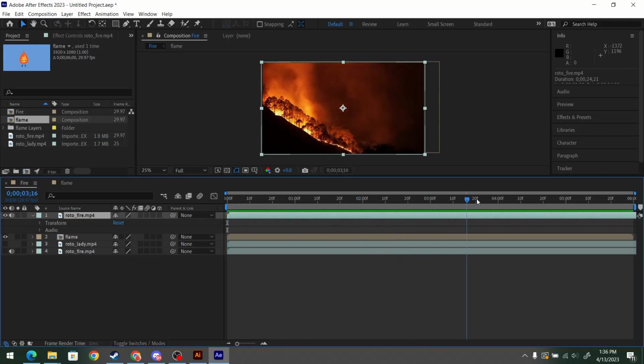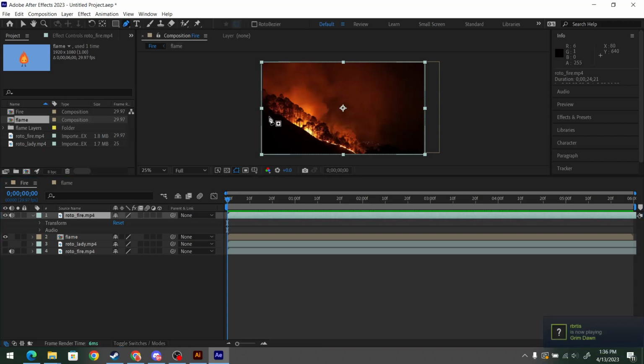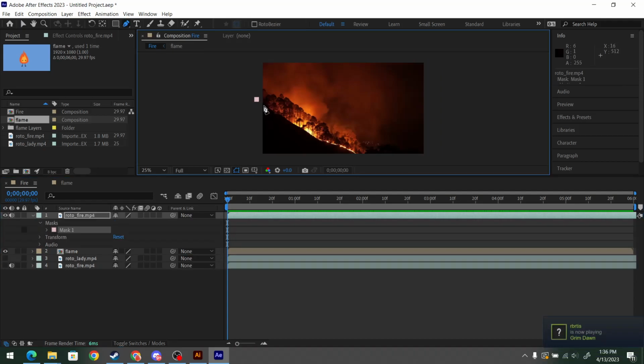Also, good practice to be at 0 seconds in time while you're working. Okay, and then I'm going to grab my pen tool, and then I'm basically going to make the shape. I'm just going to do the hill for simplicity. If you want to be extra, you can do the trees. Gonna grab the hill,